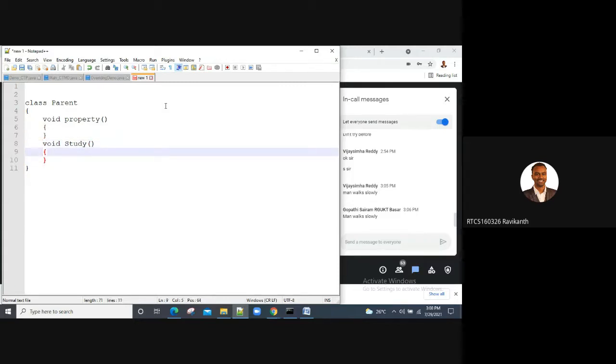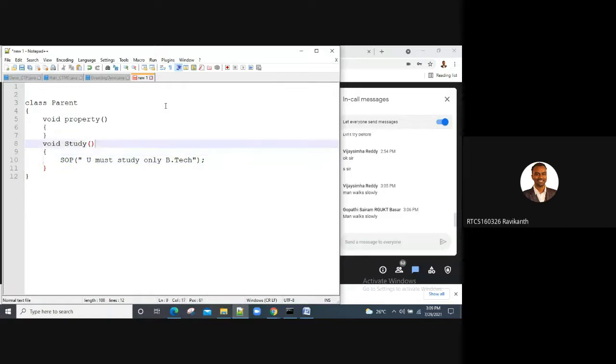In the study, again, parent wants that you need to study BTech only. So you must study only BTech.